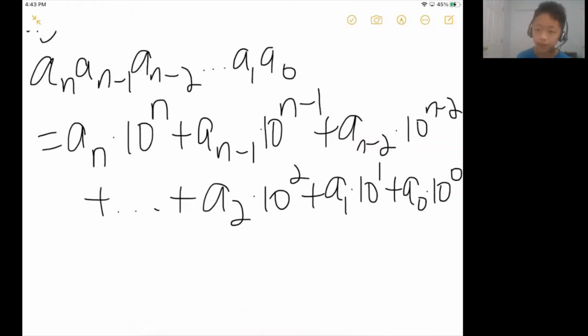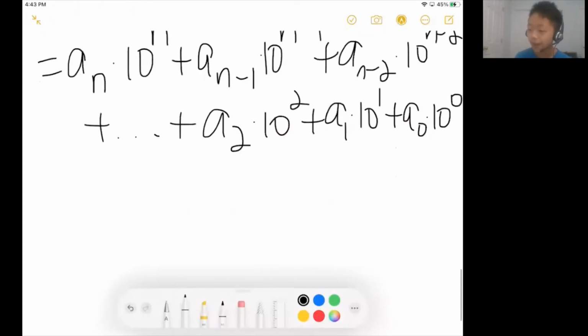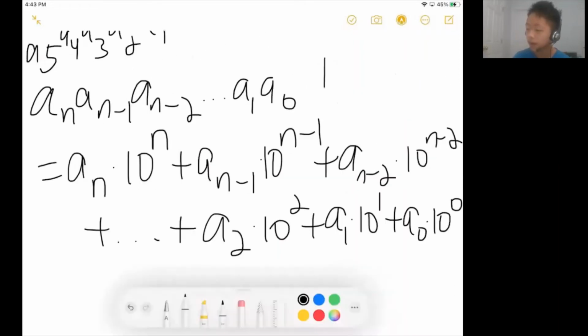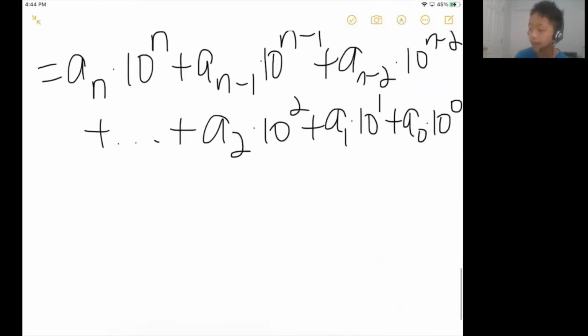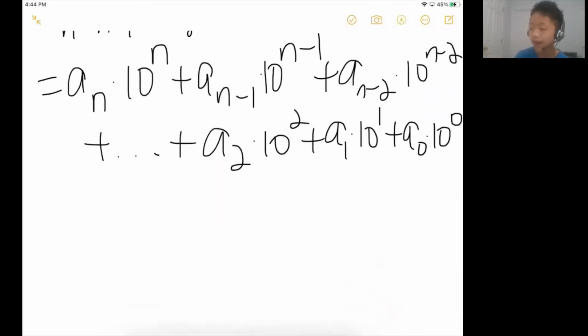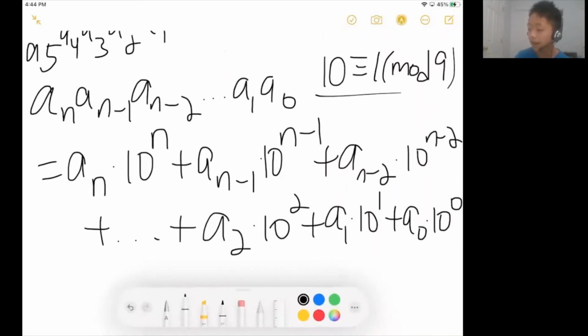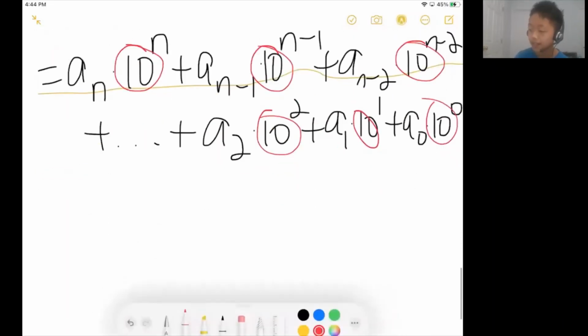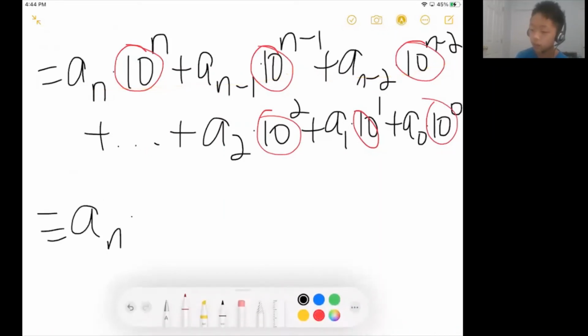So now is where we can use modular arithmetic. We know from modular arithmetic that 10 is congruent to 1 mod 9, right? 10 is congruent to 1 mod 9 because 10 and 1 both leave the same remainder when divided by 9. So the idea is, if 10 is congruent to 1 mod 9, I can replace every 10 I have with a 1 because of modular arithmetic properties. So I could say that this is congruent to a_n times 1 to the n